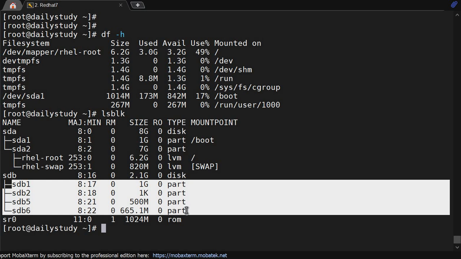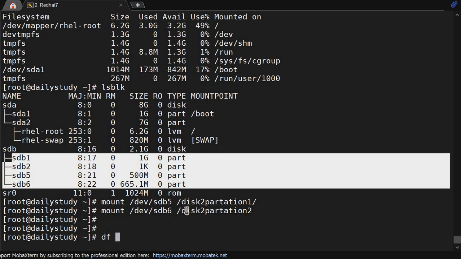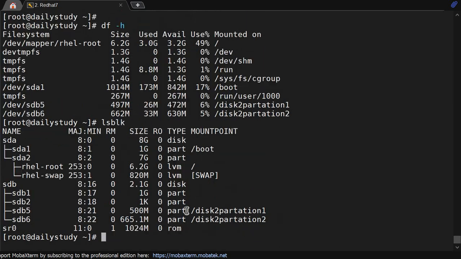So earlier how we used mount: what to mount, /dev/sdb5, and where to mount, /disk2/partition1. Same we will do for disk2 partition2 and sdb6. Okay, df -h and lsblk, both show mounted, but to make this file system mounted permanently, we have to make an entry in a file called